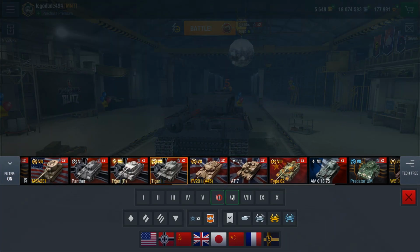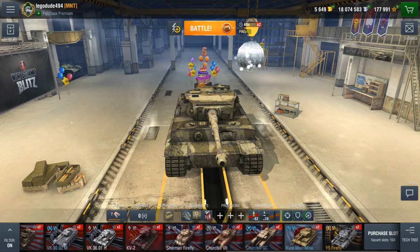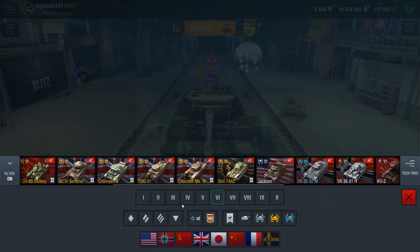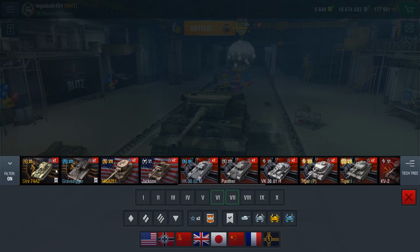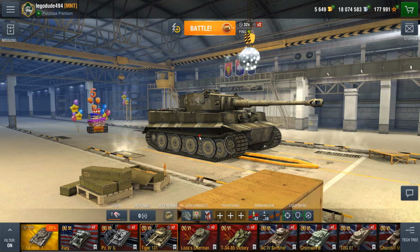This is going to be my third Tiger now. Let me think. Is there any other type of Tiger? No, I think I've got all the Tigers now. I've got Tiger 131. I've got the anime Tiger, and I've also got the Tier 7 Tiger in the tech tree. So yeah, I've collected a couple of Tigers. So yeah, they're releasing this for